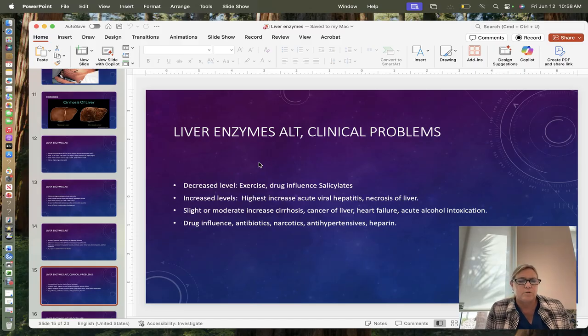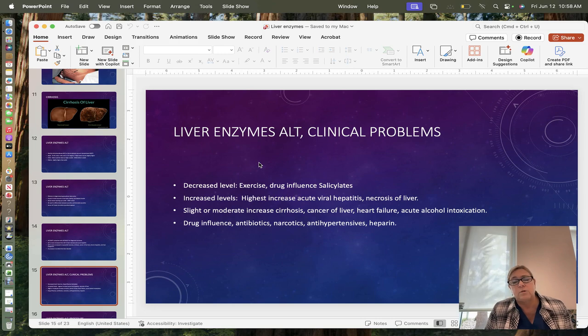If you exercise or you take salicylates like aspirin, you'll have decreased levels. Increased levels, you'll see high incidence if it's acute viral hepatitis, okay? Like your hepatitis A, your hepatitis B, your hepatitis C, or if you have necrosis of the liver, such as